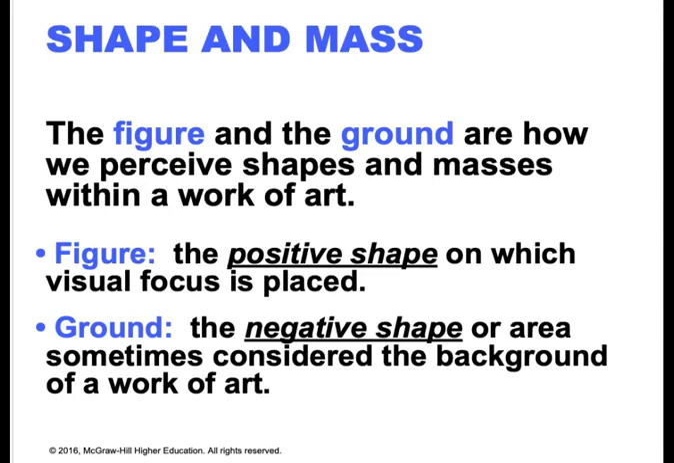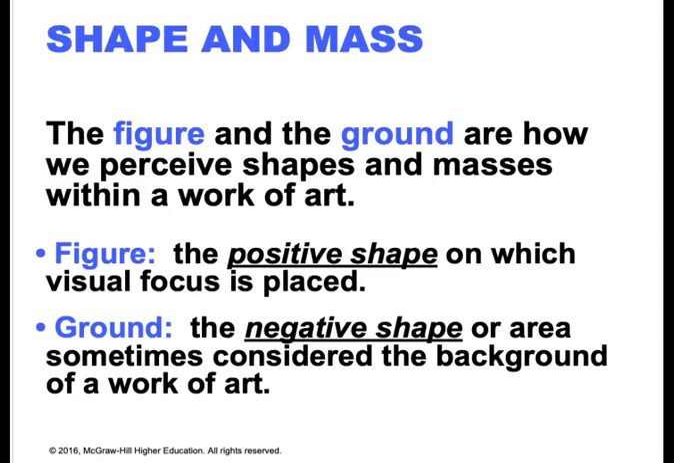So I always say just the thing that the artist was trying to draw, not the background. The ground, on the other hand, is the negative shape. We call it negative, or area sometimes considered the background in a work of art. Now, any work of art you can look at and determine what is the positive space and what is the negative space. And we talk about this when we talk about the element of space. But, like, for instance,